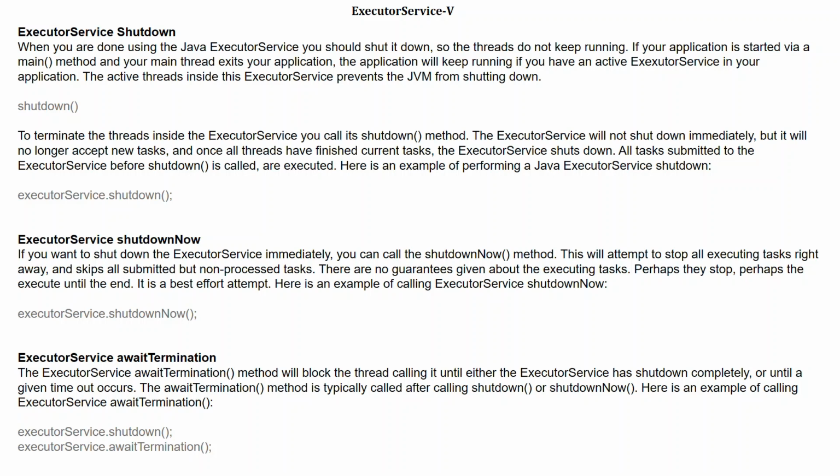The ExecutorService awaitTermination method will block the thread calling it until either the ExecutorService has shut down completely, or until a given timeout occurs. The awaitTermination method is typically called after calling shutdown or shutdownNow. Here is an example of calling ExecutorService awaitTermination. executorService.shutdown(); executorService.awaitTermination();